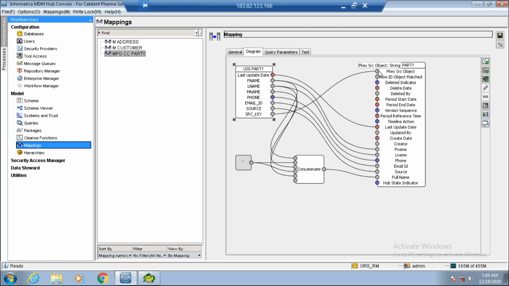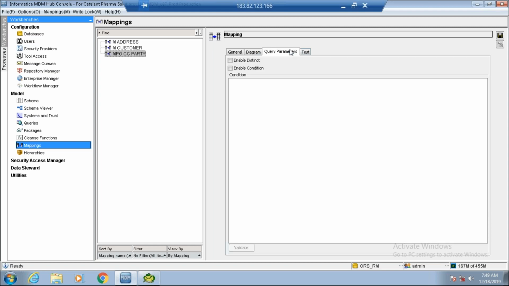We will add another mapping. Without mapping this primary key, we will see what will be the error thrown. Now I will have two mappings for credit card and debit card, but the landing table is only one for both credit card and debit card. So at this point of time, I want to make sure that I will provide a condition so that the source is equal to credit card only. It is just a where condition.